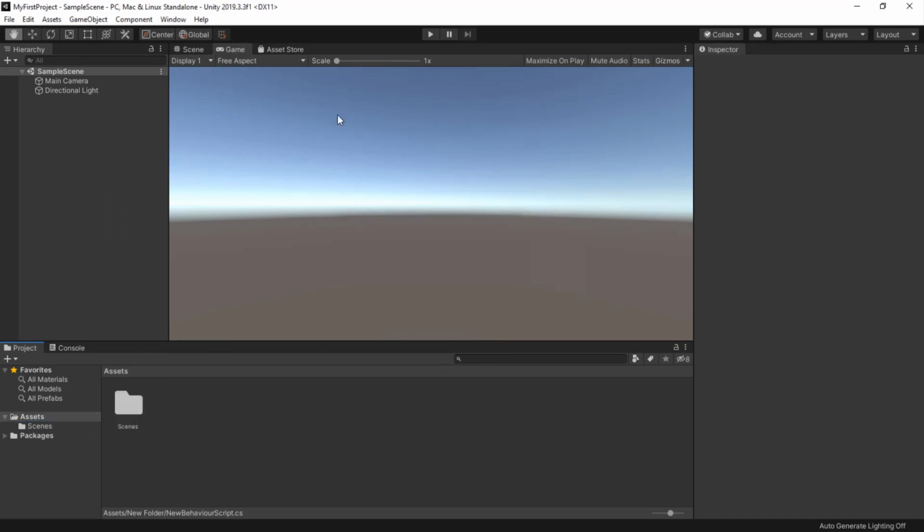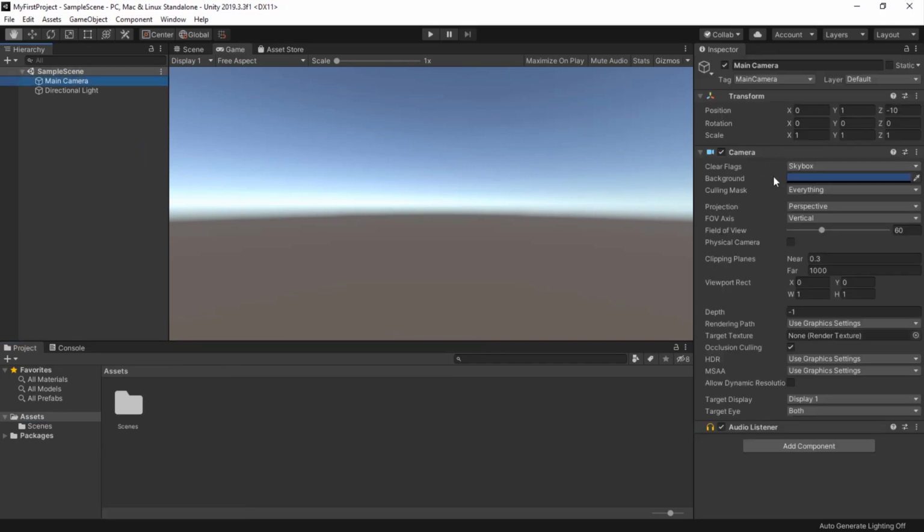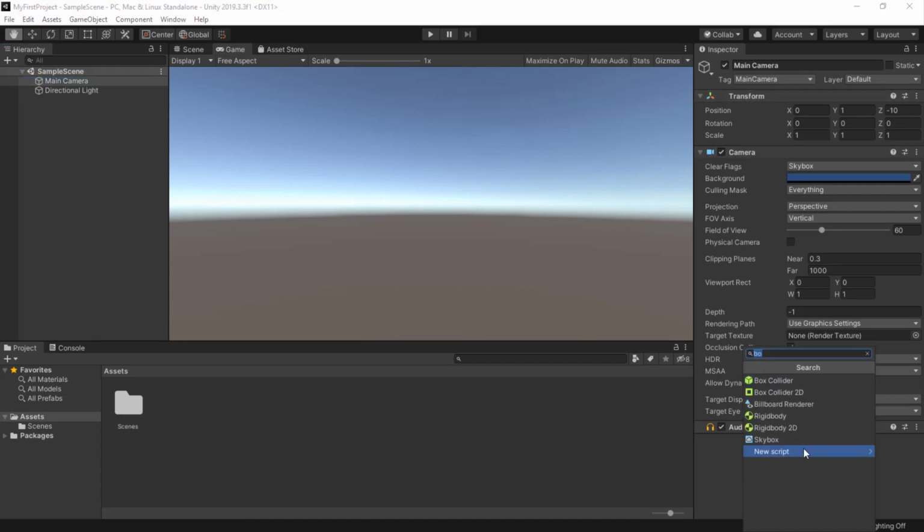Over here on the right side, we have the Inspector panel. This panel shows you the properties of the selected object. So, for example, if you click on the camera object here inside the scene, the Inspector panel will populate with content showing you data that is related to the camera. You'll notice that there are different components of the camera, each one doing a specific task. If you want to add more components, just click on the Add Component button here and choose your desired component. And as you see, it's super simple.